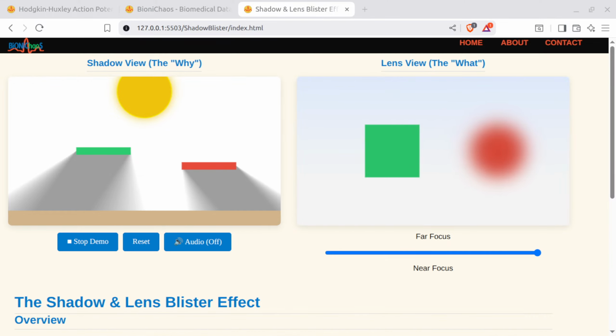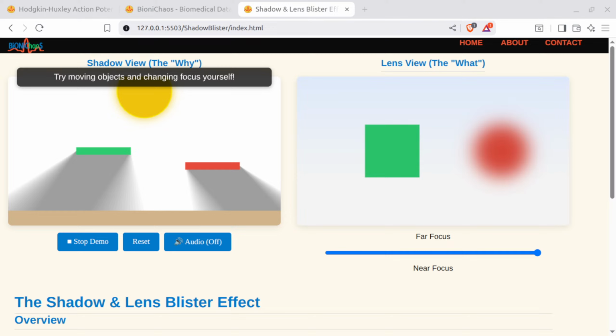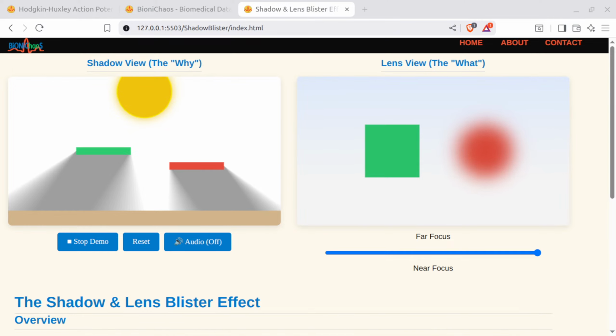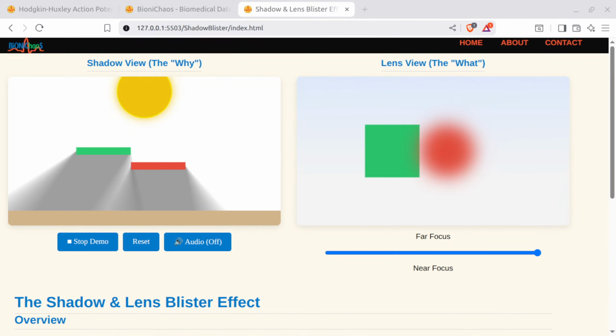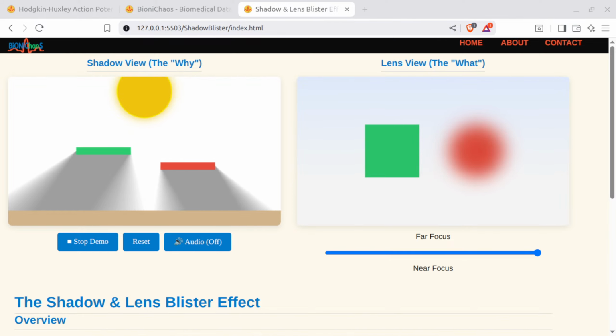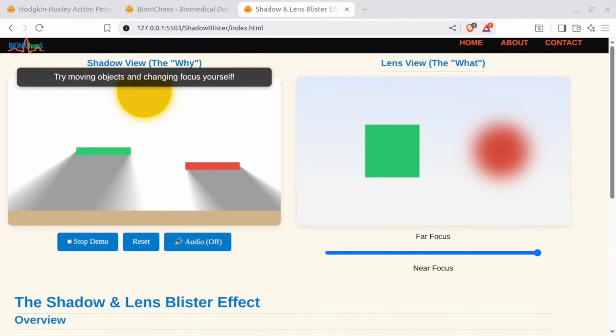How do we make the demo stay in this position after moving to this position, stay there for longer? How do we do that? They're not meant to be touching, but